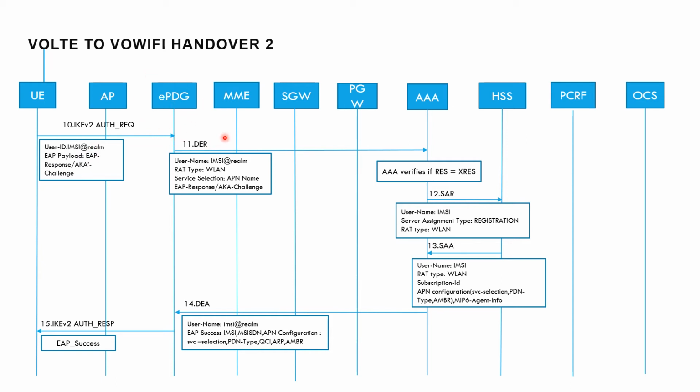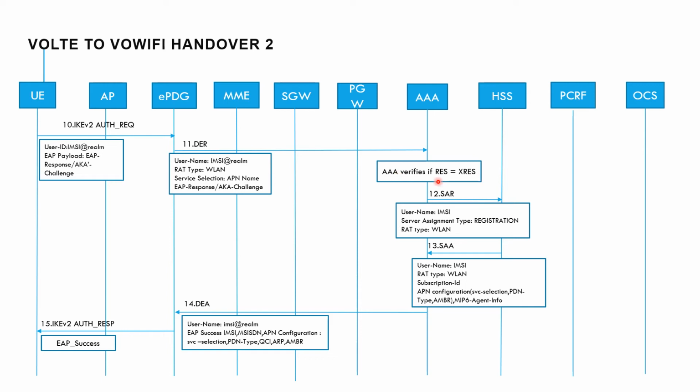It reaches the ePDG. The ePDG forwards these vectors to the AAA. The main information elements are the username, which is the IMSI@realm, then the RAT type, which is WLAN, then service selection, which consists of the APN name, and then the EAP response, which consists of our authentication vectors, which reach the AAA. Now the AAA